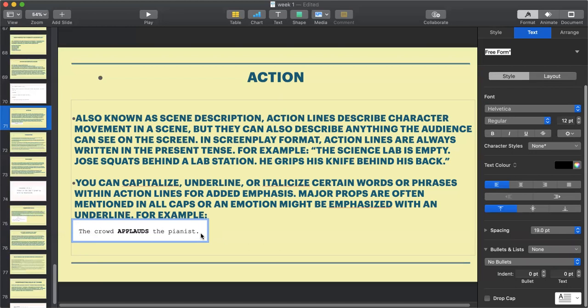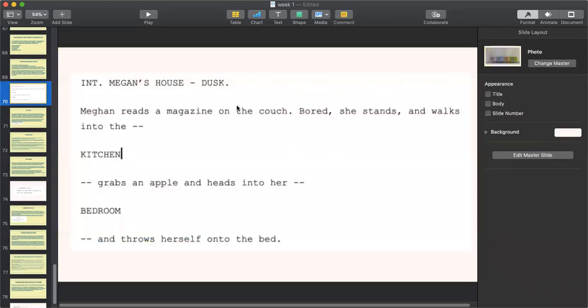The crowd is clapping. The crowd is applauding the pianist. So you write the crowd is clapping on the pianist. So the crowd applauds the pianist. So for example, on here,